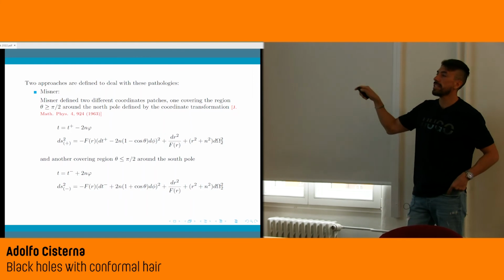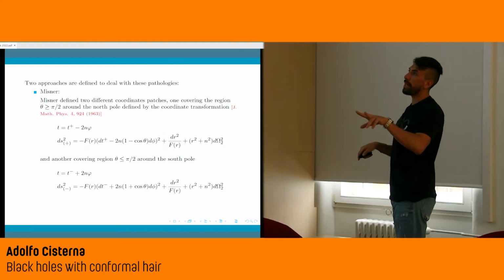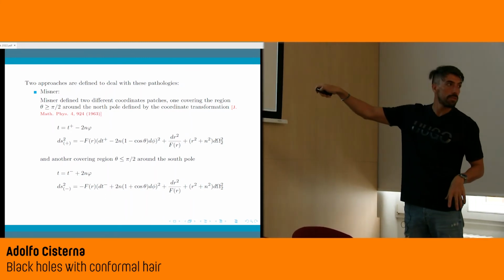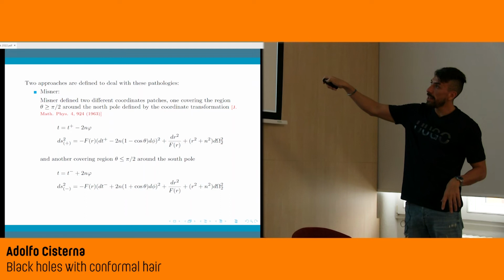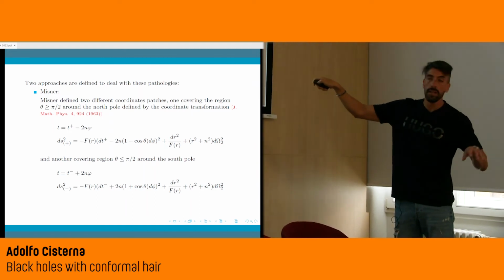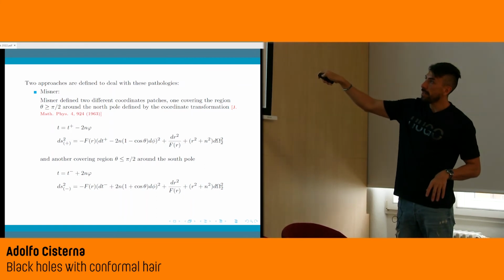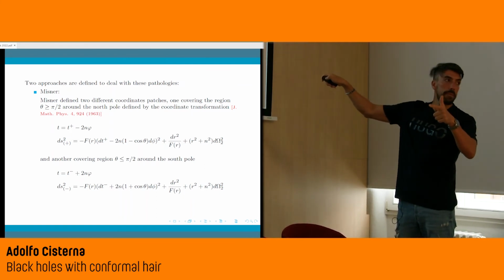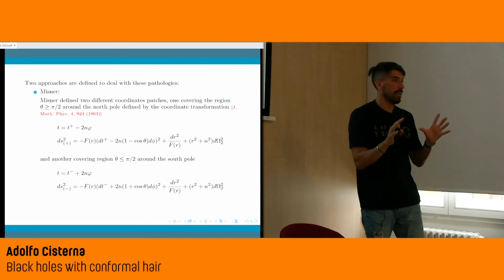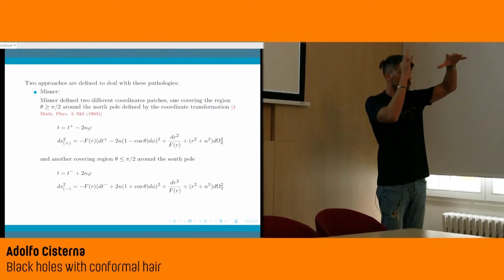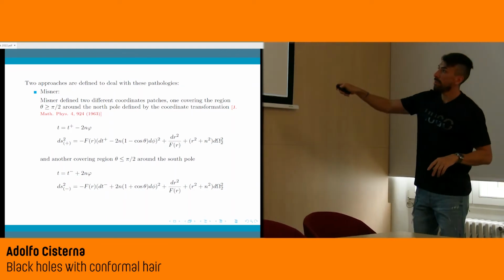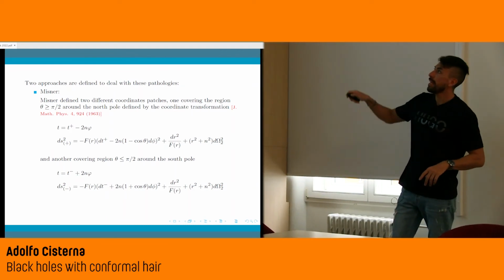So what he did is that he said, okay, let us take two different patches of coordinates, that he defined as T plus and T minus, and these T plus and T minus coordinates are related to the original time coordinate by a term that is related to the NUT charge and the azimuthal angle, okay? So he said, okay, instead of only one time coordinate that is covering the full Taub-NUT patch, let me have two now, okay? And these two, defined by these expressions you see here,